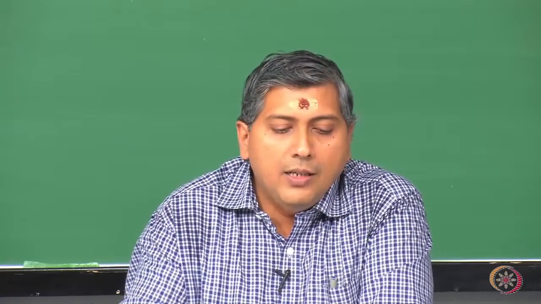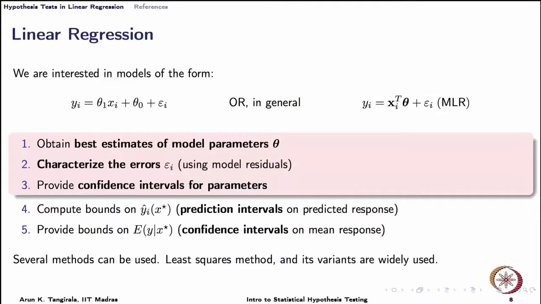Otherwise, if the truth is going to be different from what I postulate, then item number 3 really does not make any sense at all. And in those cases, anyway we will not even talk of confidence intervals for parameters. So, the item number 3 applies to those cases where we believe that the truth structurally has the same relationship, that is under true conditions, that structurally y and x have the same linear relationship.